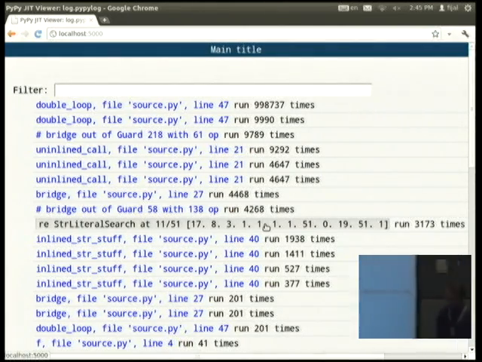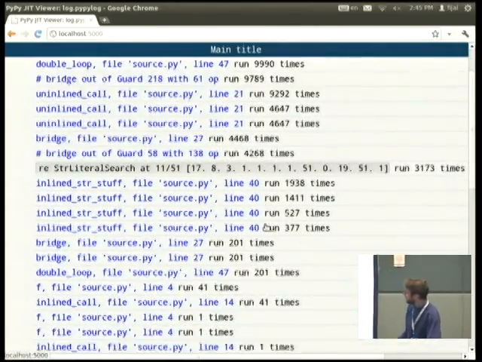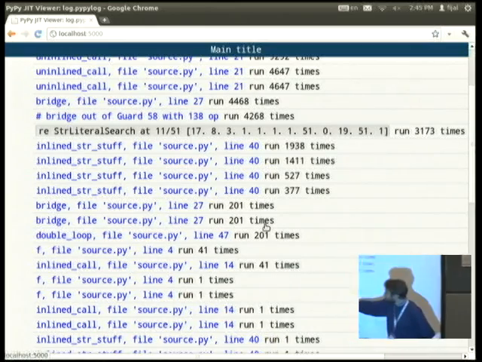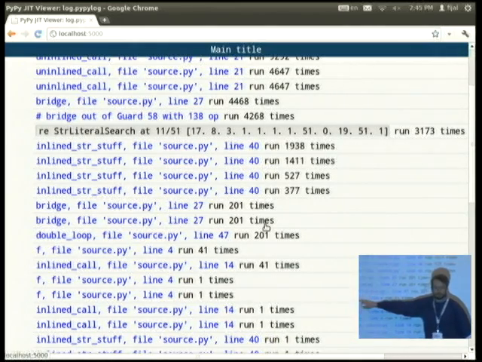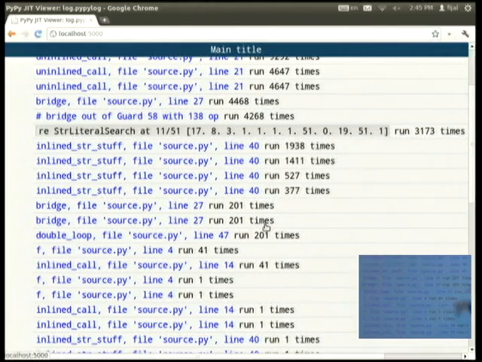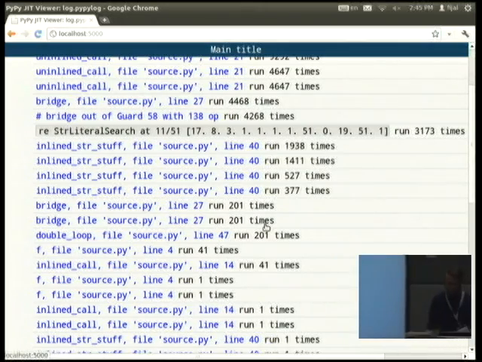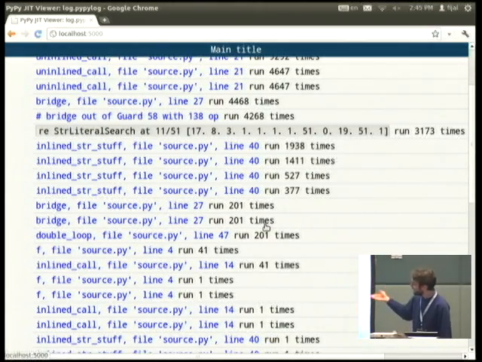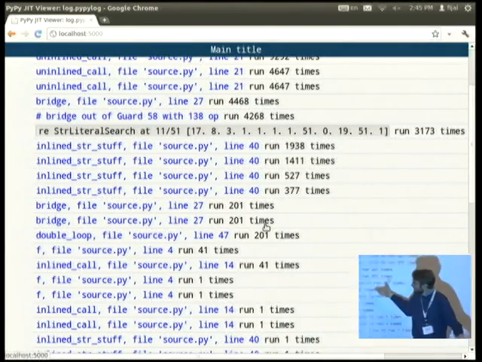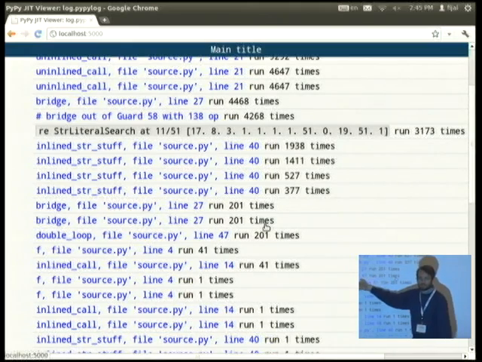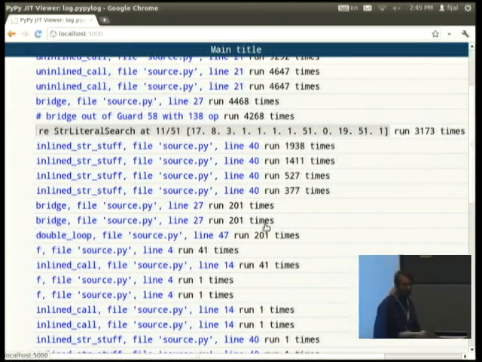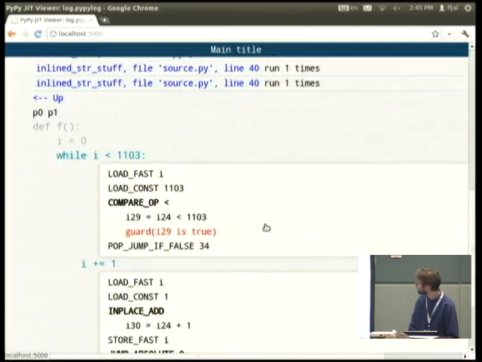But in this example, we'll go to f for the first example. Of course, it's very far down and completely uninteresting. But the point here is to show you how this function f was compiled.